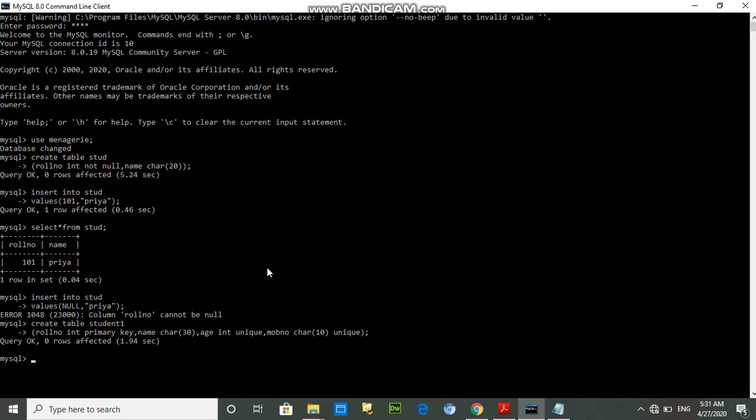I have created one table, that name is student1, and I have applied one primary key constraint and two unique key constraints on two columns, and entered the values.